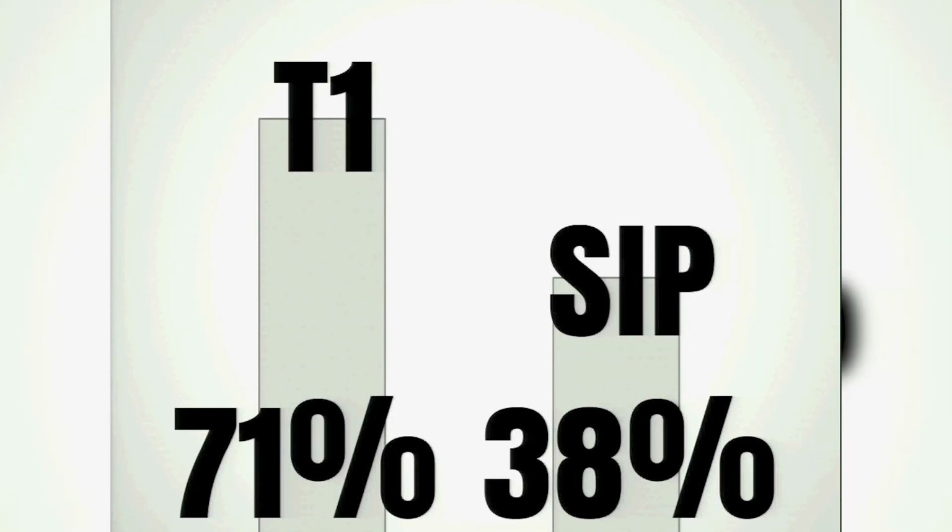Okay, so I'm an engineer. I'm not a market analyst. But I find myself having to justify this talk to a lot of people. So I wanted to talk just briefly about market penetration. So I did some research. This company, Infonetics, did a survey of 300 enterprise companies. 71% of them responded that they used T1 for their telephony trunking. 38% responded that they used SIP. So if you don't think that T1, E1 stuff is relevant today,